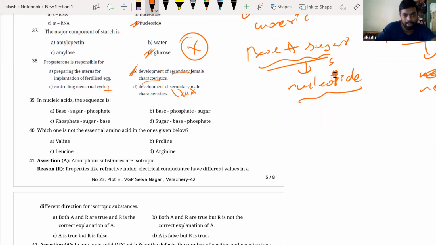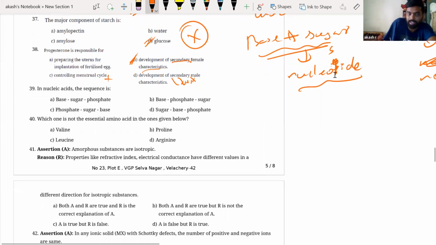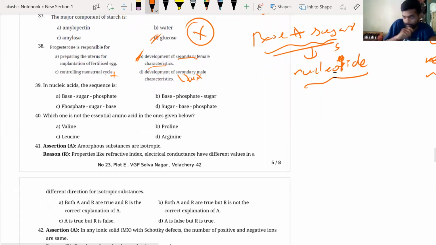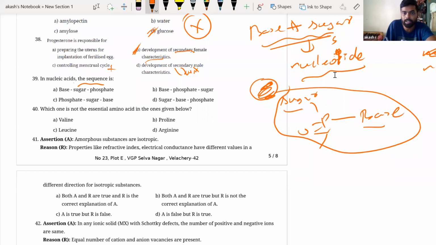Okay, right. Fine. So what is not in nucleic acid? The sequence is, I don't know whether you know this. So see, you will have the sugar, right? In between, you have your phosphate, and then here you will have your base. This is the framework, right? Sugar, phosphate, and base. This is how the framework works. So sugar, phosphate, base. Where do I have, or say base, phosphate, sugar, do I have? Yes, right there. Base, phosphate, sugar, or sugar, phosphate, base is correct.